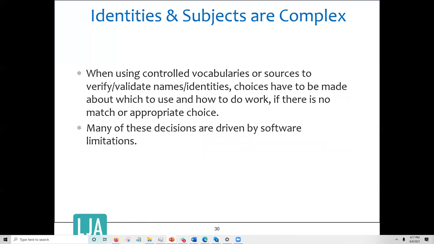So when using controlled vocabularies, we might be using sources to verify, and we may call this by a few different things. We may say we're going to verify identities, we're going to check identities, we're going to validate names. And that could be automated. So there may be some system that validates or checks or verifies, or it may be something that we do manually, where we're going to go look it up and see, is it in this authoritative resource? And if it is, what is the form of the name? How is the name represented? So we have choices